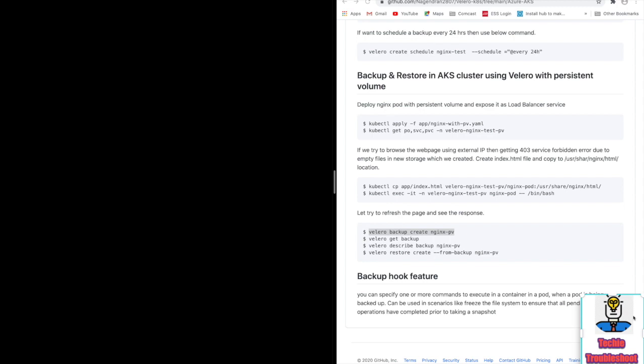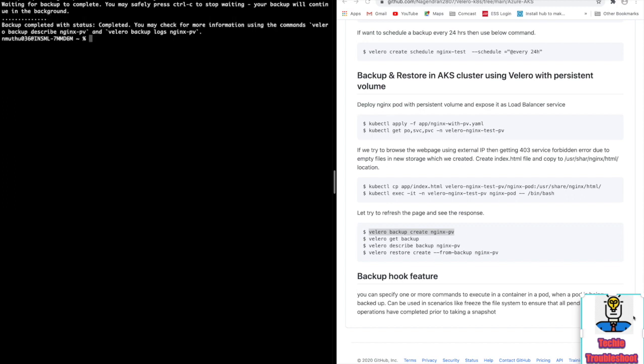And then if I use wait, it will display progress. If you do not use the wait flag, the command directly returns to the terminal and things are happening in the backend. But here I use wait, so all the things happening are displayed in the terminal.